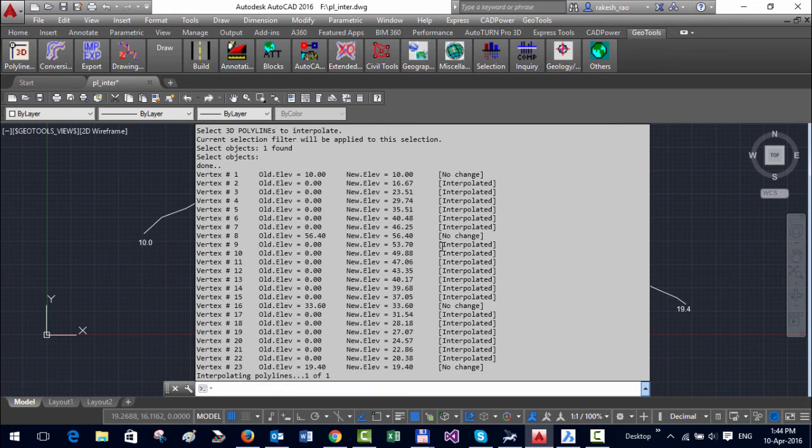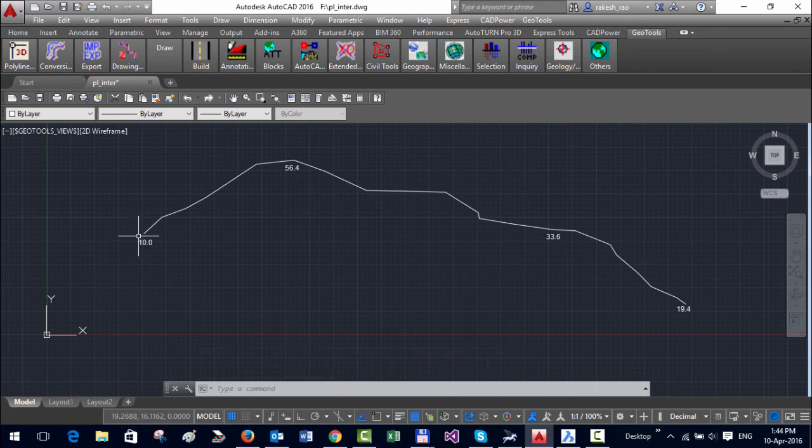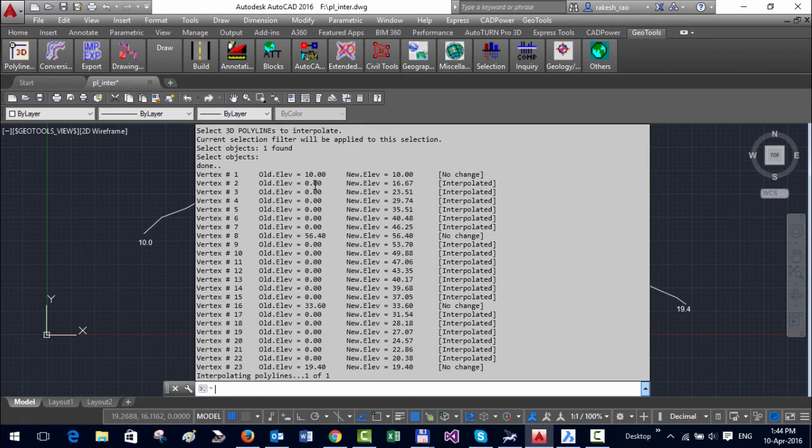You can see here for the polyline it lists the vertices, it lists the old elevation, the new elevation, and whether there was a change or no change. So the program works between two non-zero elevations, and all the elevations in between are linearly interpolated. So that's why you have meaningful elevations assigned along the polyline.